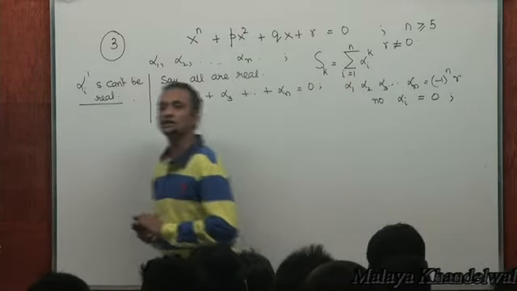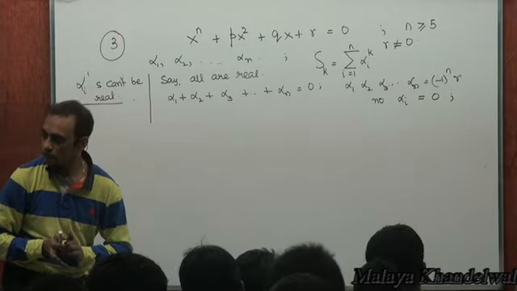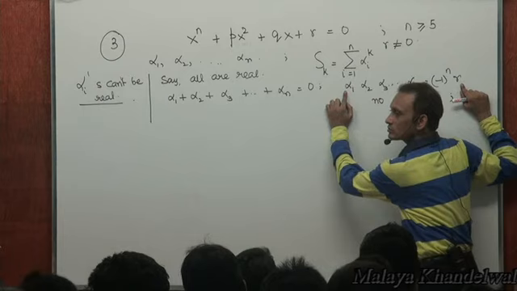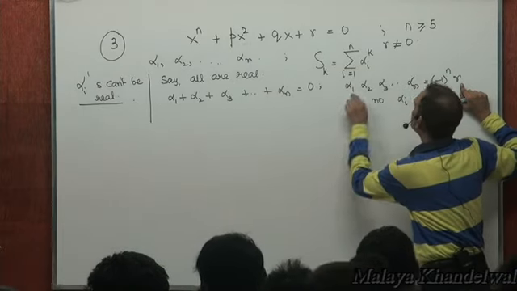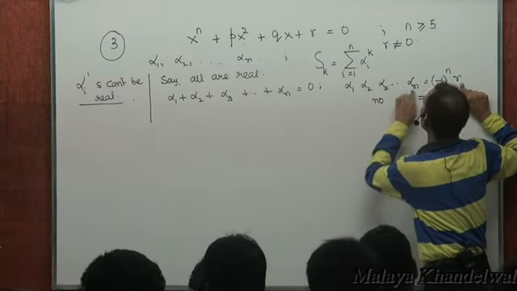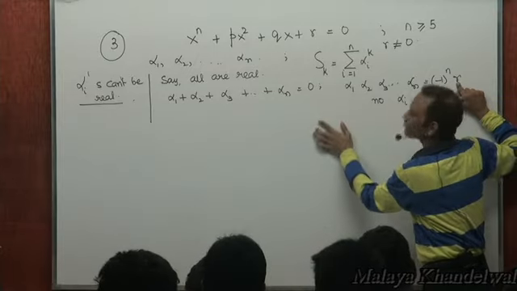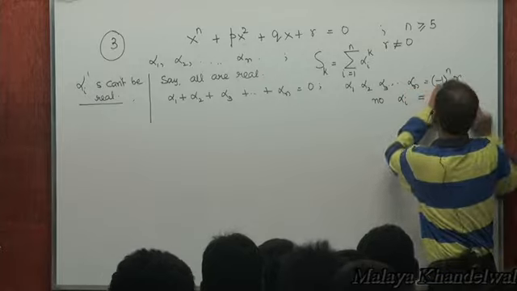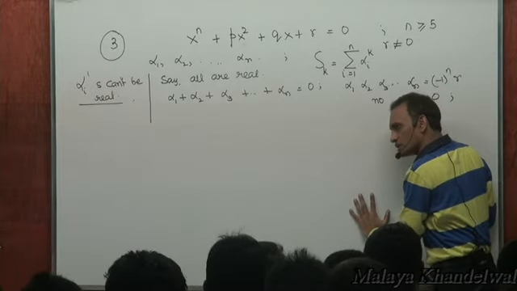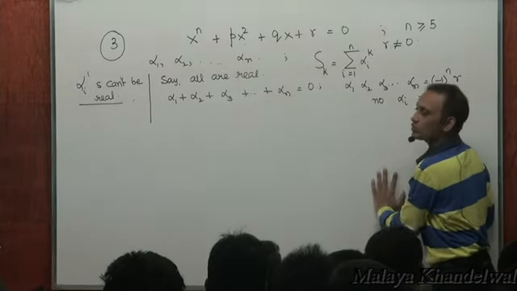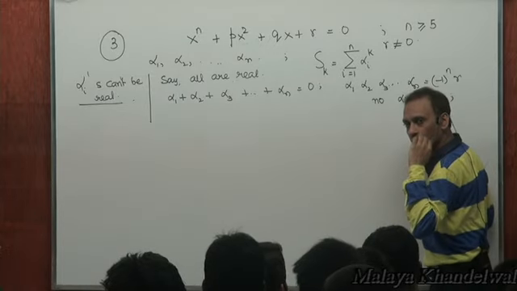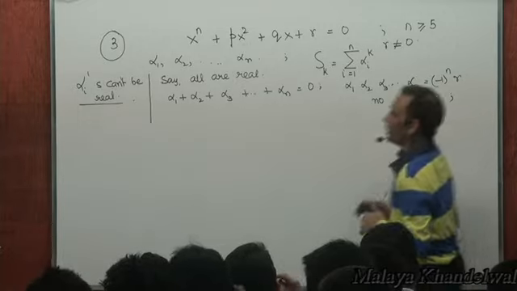No alpha i is 0, right? This is the product of the roots. I'm saying if even one alpha i was 0, then the product of the roots would have become 0, and that would have caused r to be 0, but r is not 0. If the product of the roots is not 0, then no root can be 0, isn't it? So no alpha i is 0. Now,